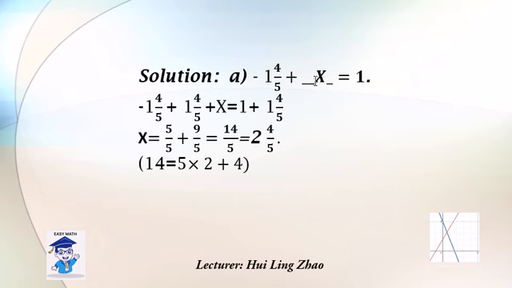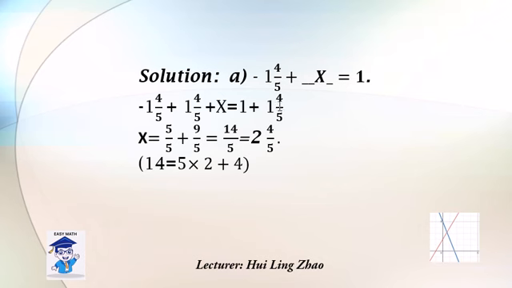We want to solve for x, so we have to add 1 and 4 over 5 to both the left side and right side, right? So far, there's the negative 1 and 4 over 5 and the plus 1 and 4 over 5. So the two terms can be removed because they are opposite numbers, right? So that is why x